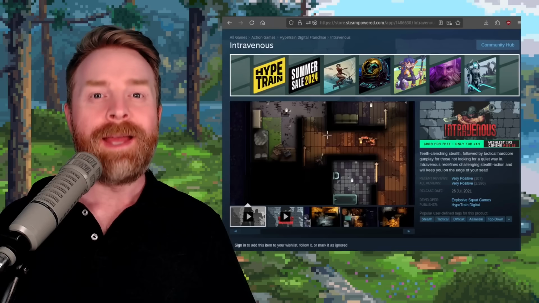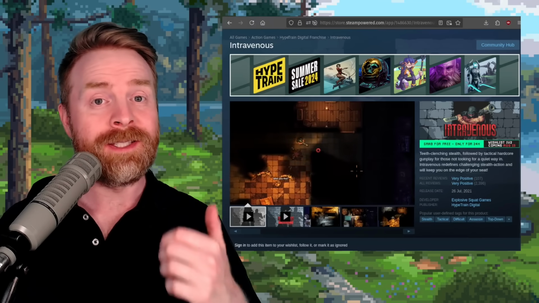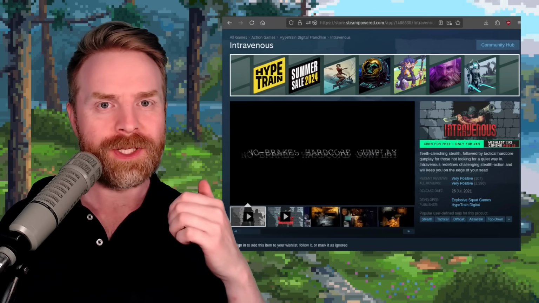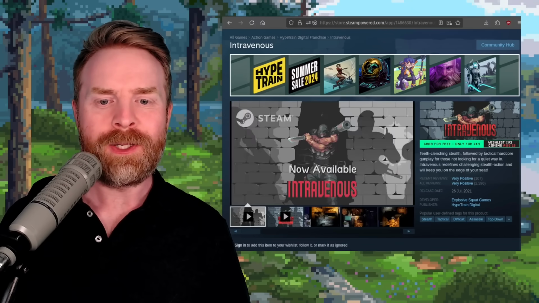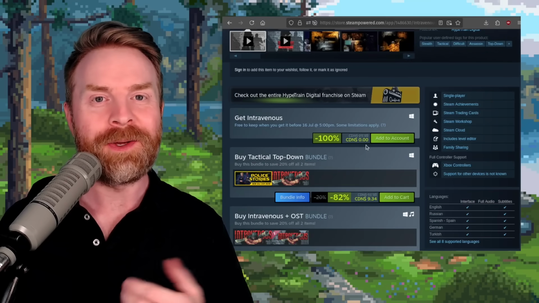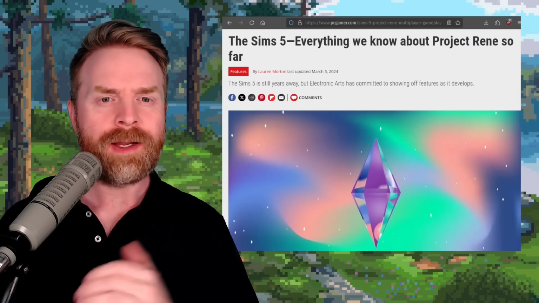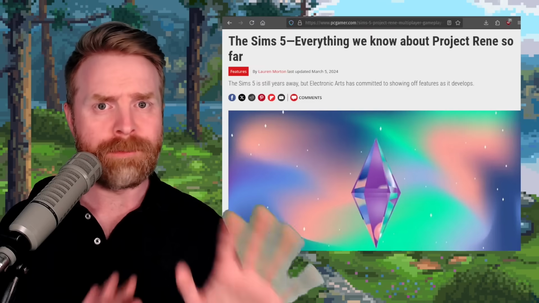and even more. And speaking about good deals, next up we're talking about Intravenous, and this game is currently 100% free on Steam. Intravenous was released back in July of 2021, has very positive reviews, and is currently, well, 100% off. Moving on, and we're talking about The Sims 5 and possibly Project Rene, possibly not too sure about this